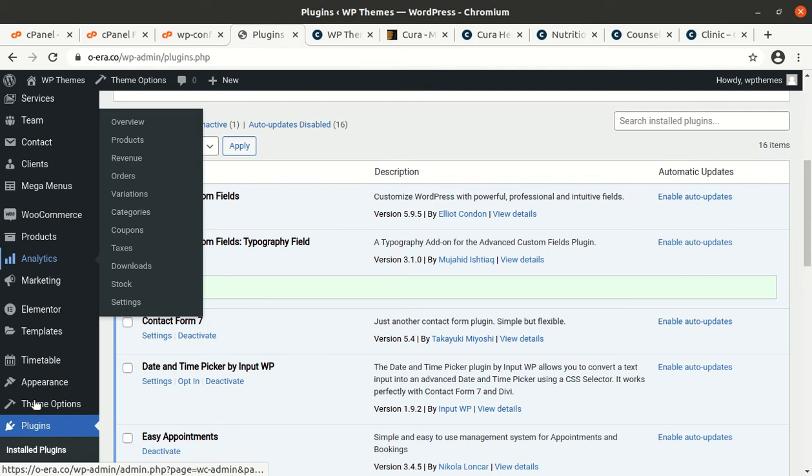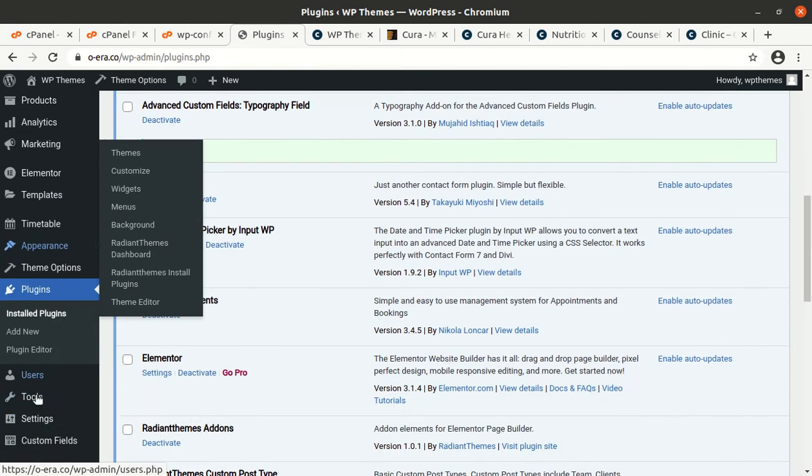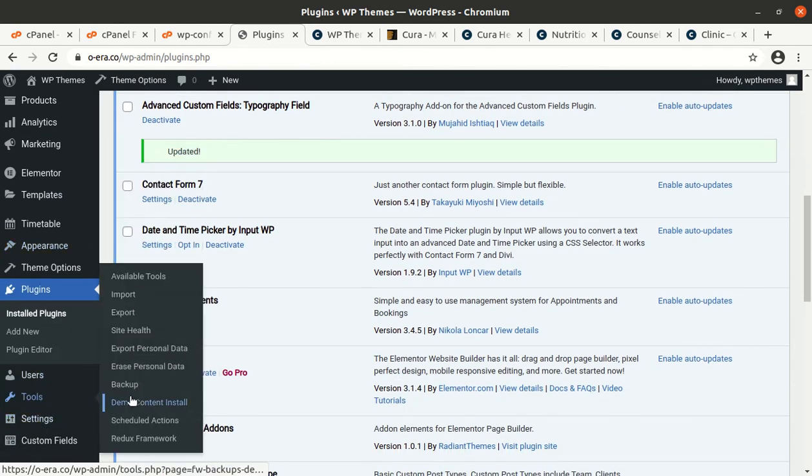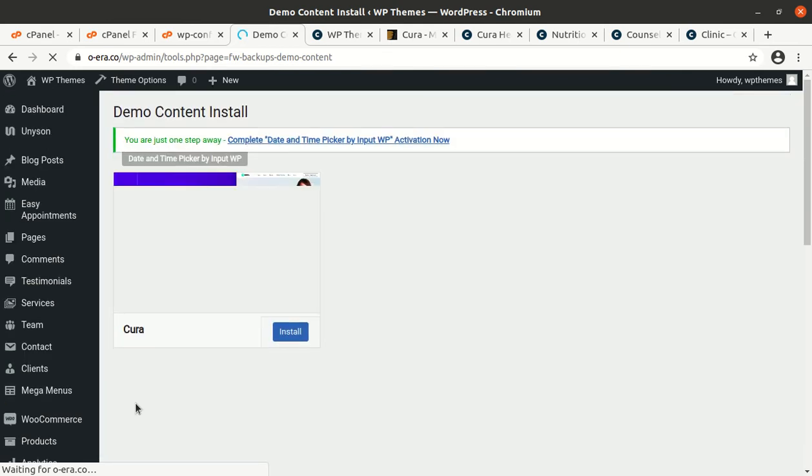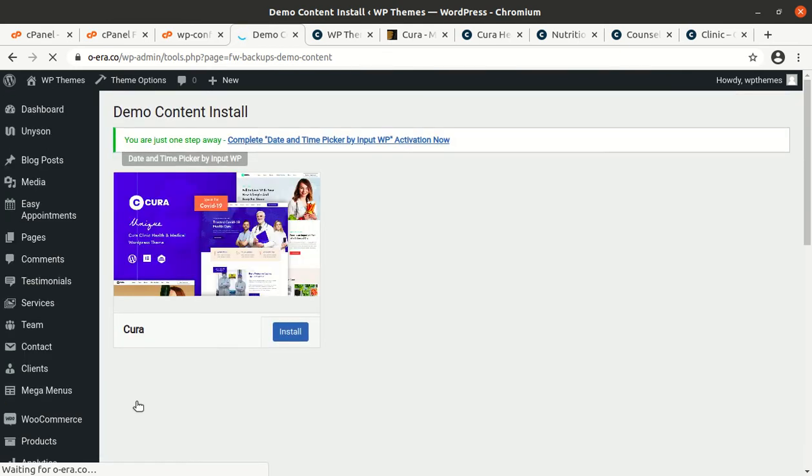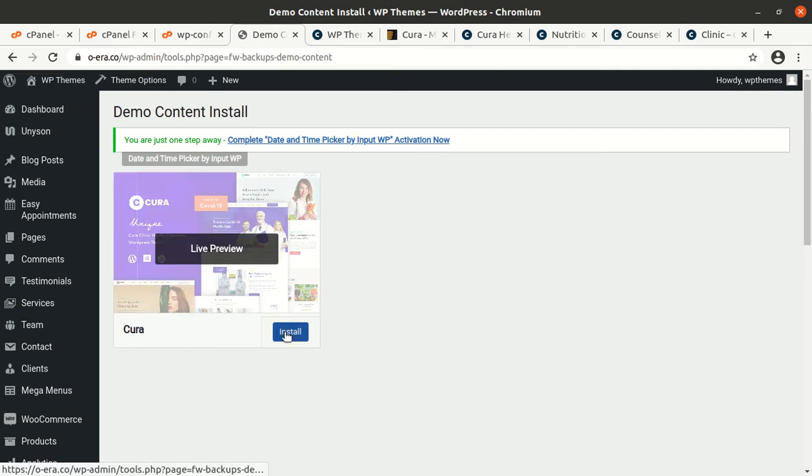So demo content shall be available in the tools section. Okay, demo content install is here. So we can import the demo here just by clicking the install button,